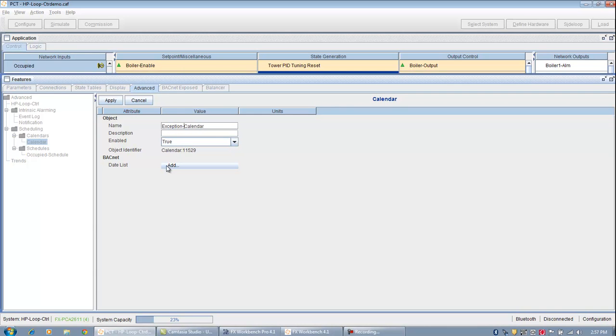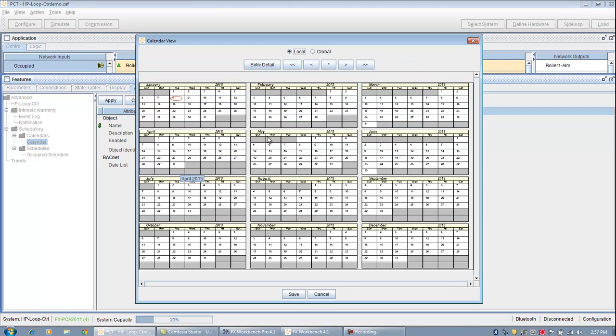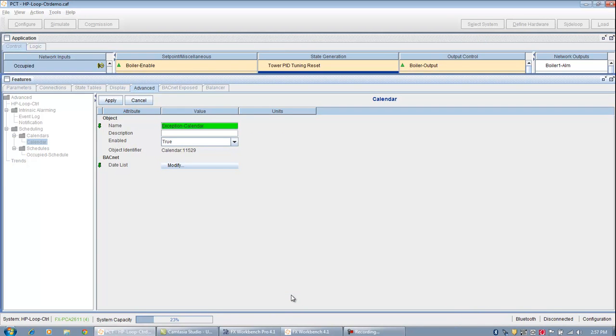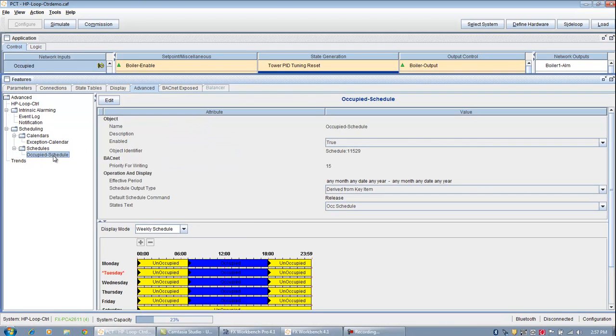All right, so now I have an exception calendar, and I can add a bunch of dates. So maybe we'll just add one here. We'll go to July 4th and July 5th and save that so that we have an exception calendar. And now I need to apply that, go back to the occupied schedule,